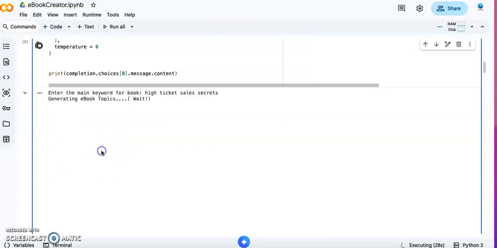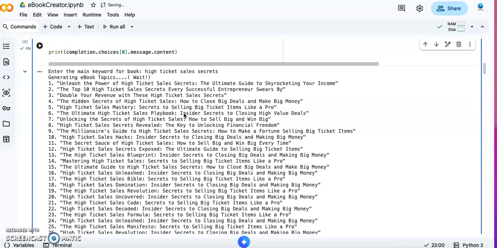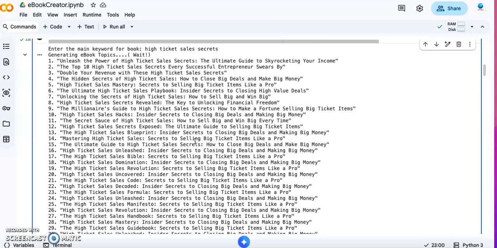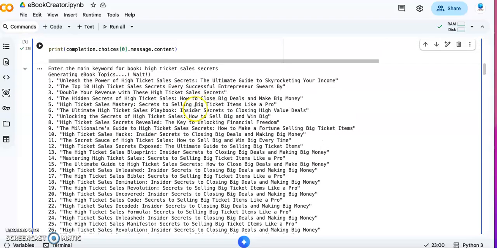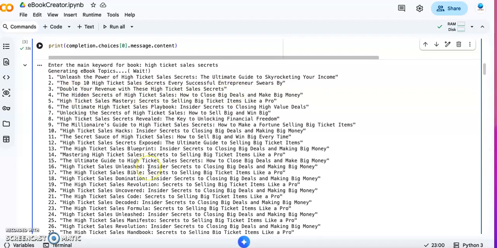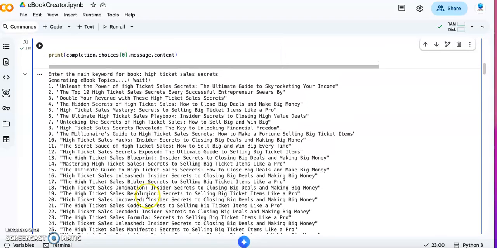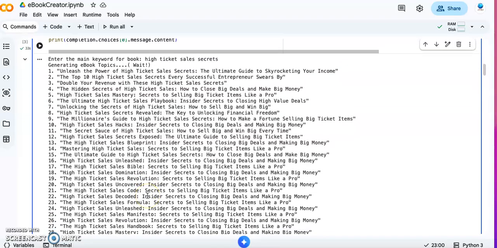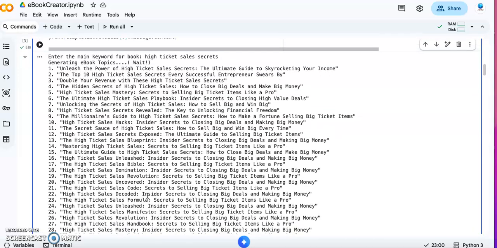Now as you can see, it is generating ebook topics, so kindly wait. Okay, so here are the 30 ebook topics, and you can see how fast we have got the results. Unleash the power of high ticket sales secrets, the ultimate guide to skyrocketing your income, the top 10 high ticket sales secrets every successful entrepreneur swears by, double your revenue with these high ticket sales secrets. I'll just select any of these topics and go to the next step so that you can see how the content is generated. For example, let me take this,